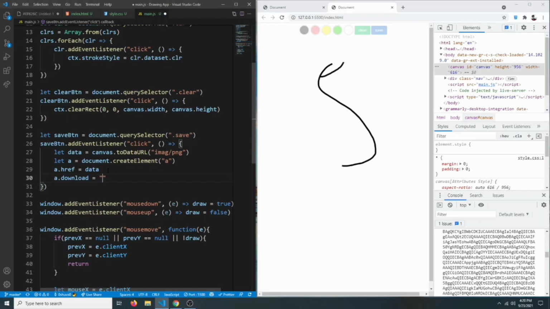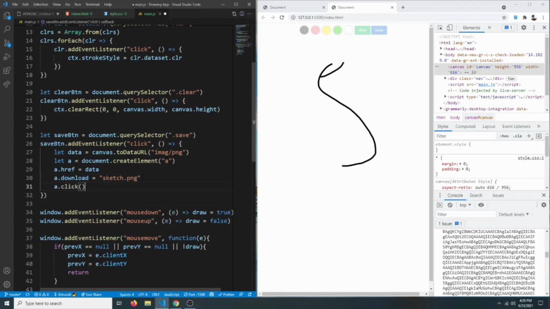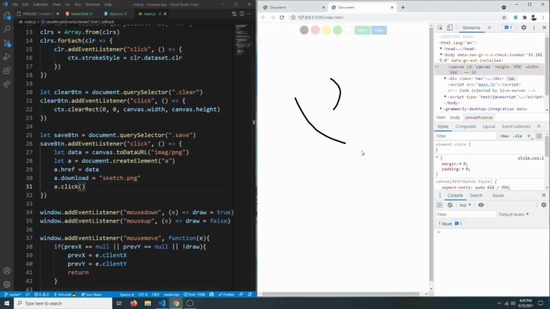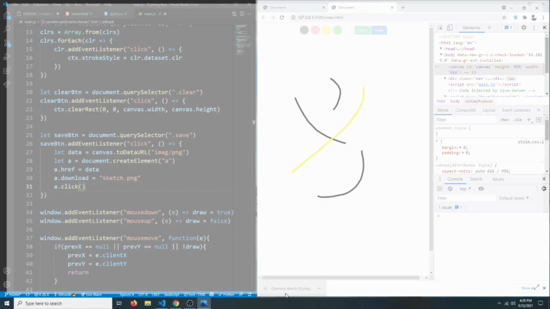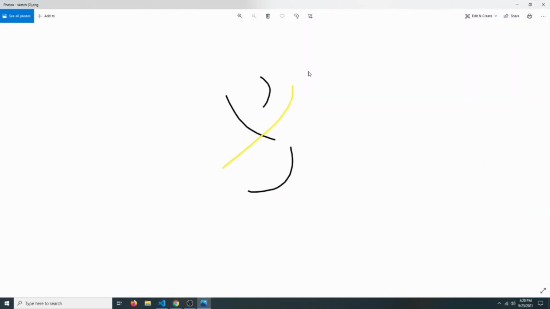So we can say something like sketch.png, and finally we have to say a.click. So now if we draw something and click on the save button, as you can see, our drawing gets saved as